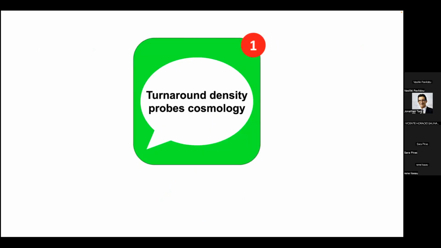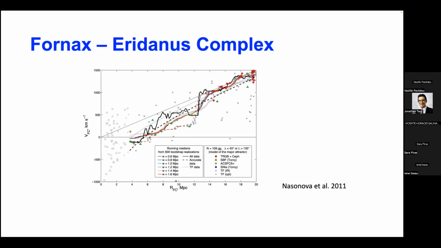Okay, so remember, the message of the talk is that turnaround density probes cosmology. And I'll just leave you with some thoughts about observability, which is, if I don't do that, the first question is going to be, can you observe? Right. So I want to say that people have been observing the turnaround radius. It's not science fiction. And they have been doing it, before realizing that the turnaround density can give you cosmology, for nearby clusters. Okay? So one way you can do it is by looking